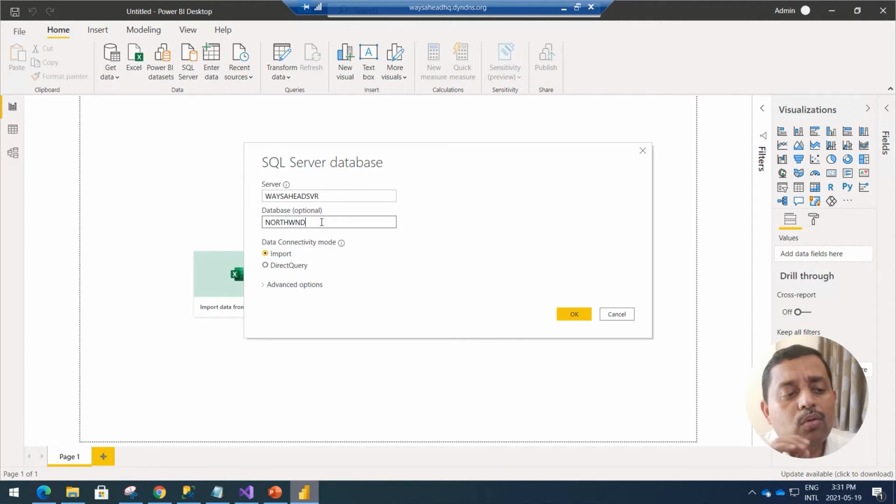First time when you load this or say OK to this, it will definitely ask you to give the credentials. But next time onwards, it will capture all the things inside, and you don't require the credentials over and over again every time, right? We have already given the credentials, that's why. Right now we are talking about import because we have smaller data sets. If you have bigger data sets, we might go for the direct query method as well. We go to OK.